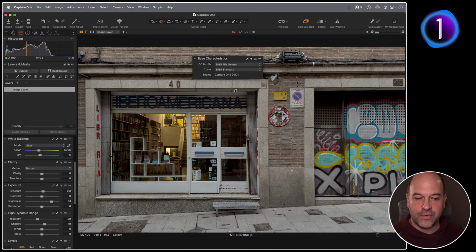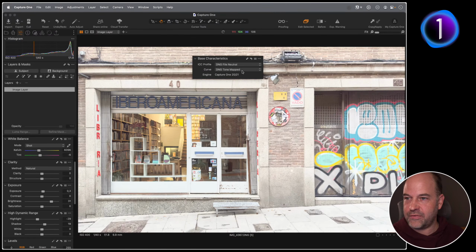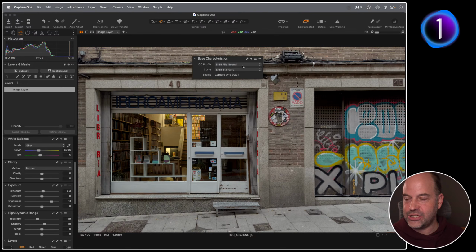So if you do a lot with your smartphone, I'm doing even more just because it's the camera you have, and I'm not carrying my mirrorless everywhere with me. Then if you struggle, just have a look at the difference between tone mapped and DNG standard. Now the third thing, which I found interesting, was that we can mitigate this.